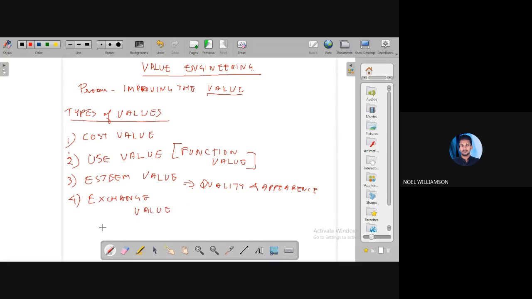Exchange value. Exchange value, we already know. The value associated with the exchangeability. Exchangeability, whether the product can be exchanged in future. So usually we go for Maruti